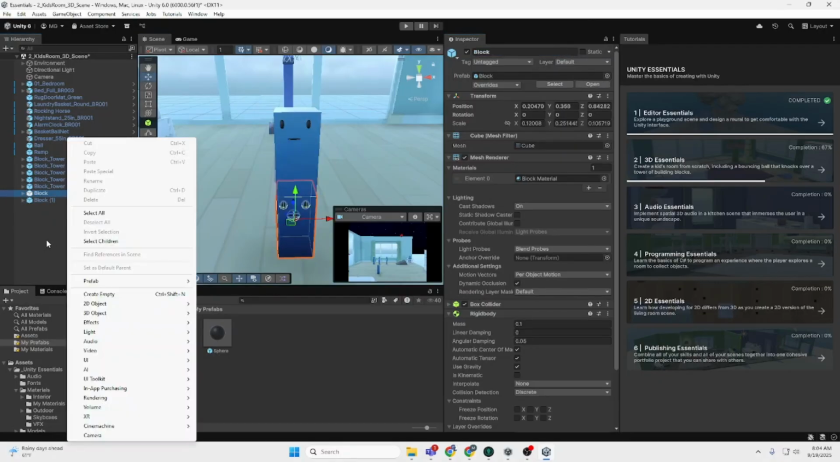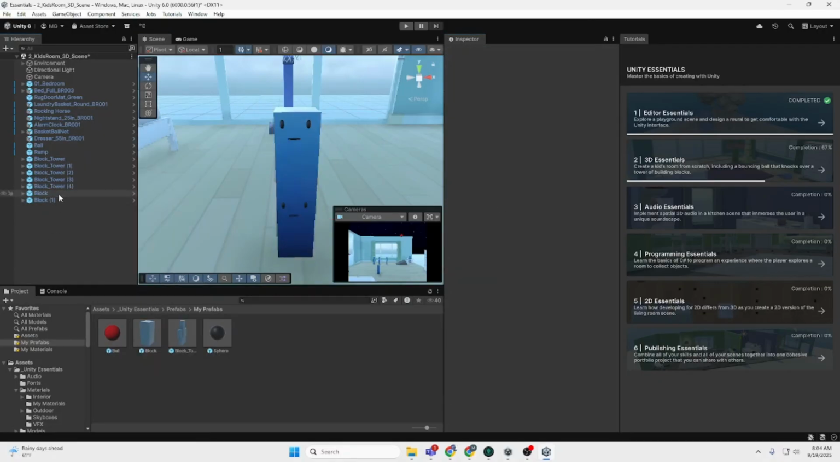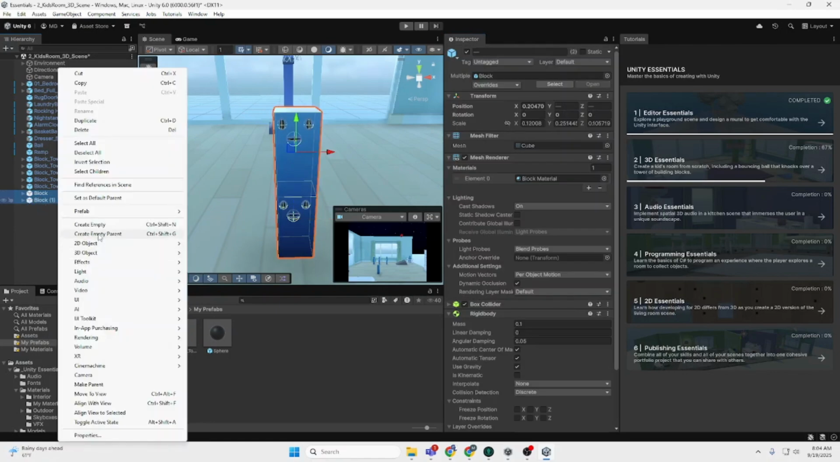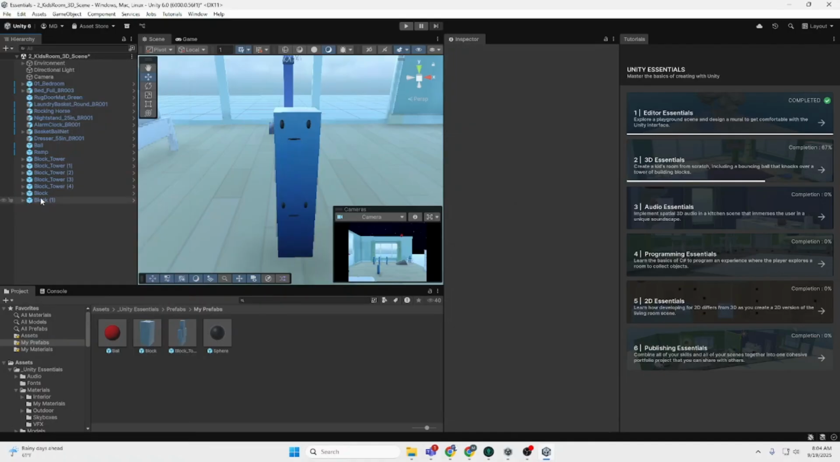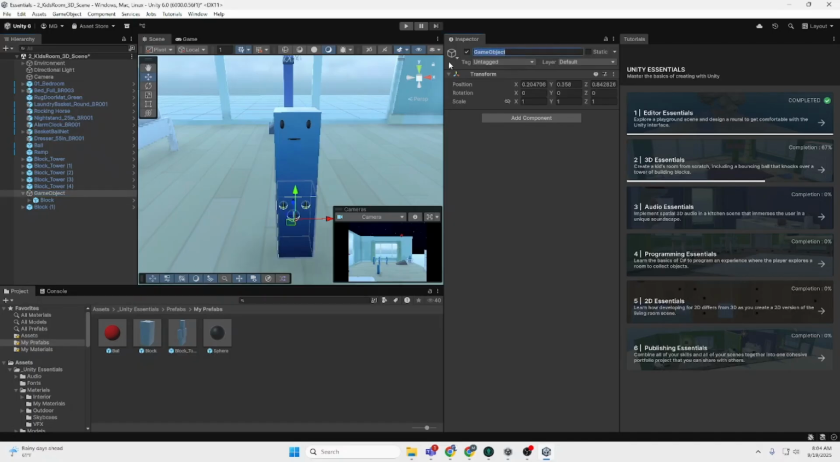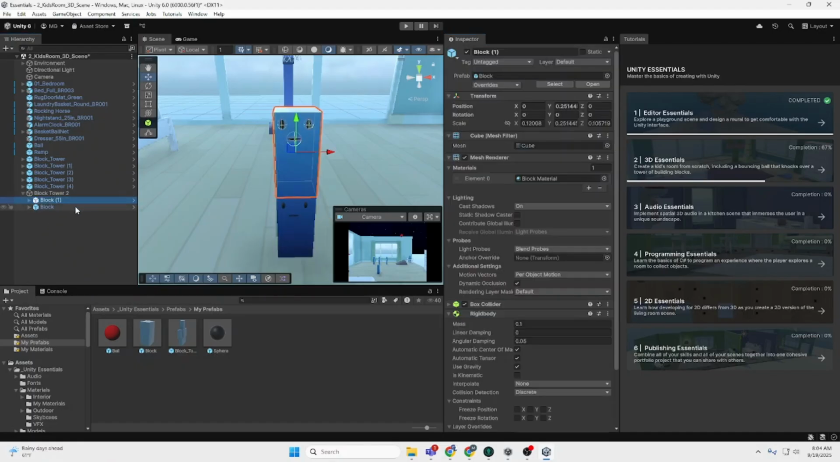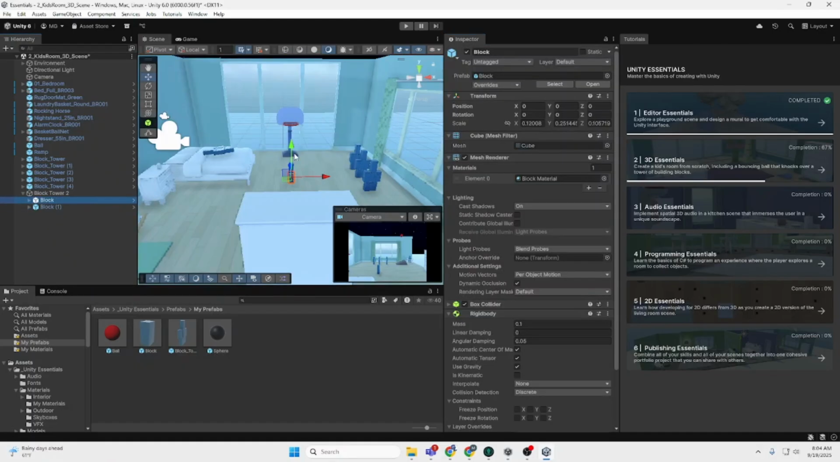And I needed to create a parent. Yeah, to go here. Yep, I create a parent. We'll just say block tower 2. Okay, and then I drag them in here. Right. So what I did here is, as you can see,